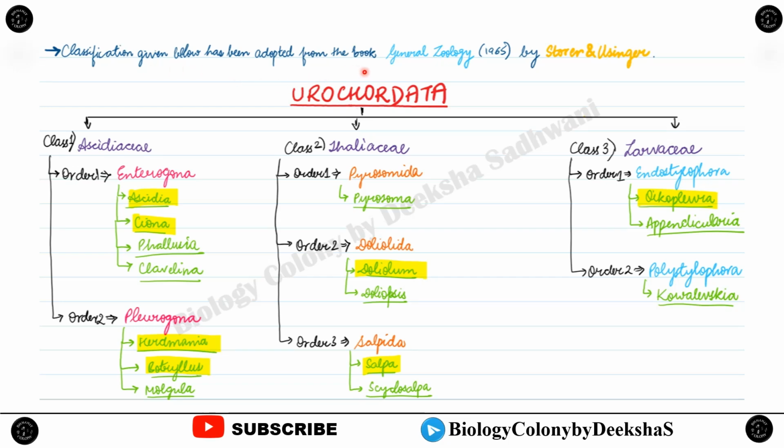Classification given below has been adopted from the book General Zoology by Storer and Usinger in 1965. So Urochordata are divided into three classes, that is Ascidiacea, Thaliacea and Larvacea. In Ascidiacea we have two orders, that is Enterogona and Pleurogona. Enterogona consists of Ascidia, Ciona, Phallusia and Clavelina, while Pleurogona contains a model organism for this subphylum, that is Herdmania